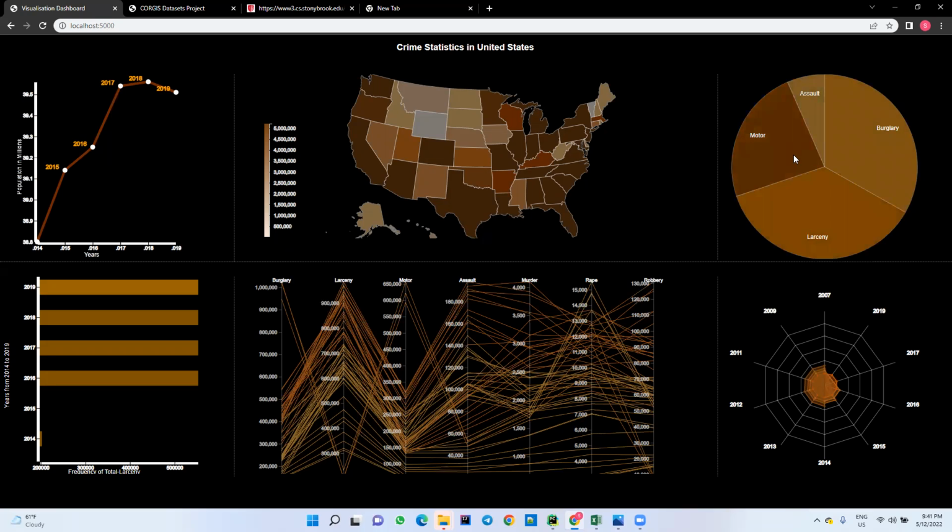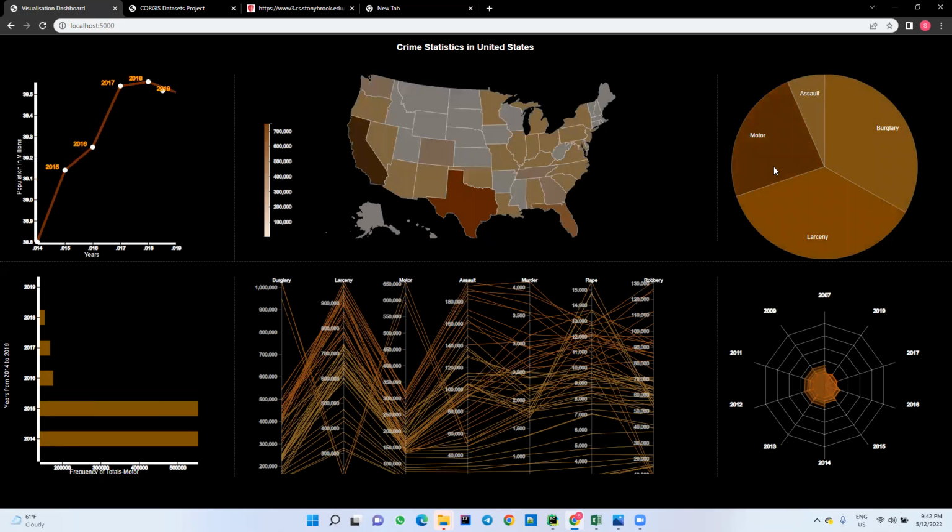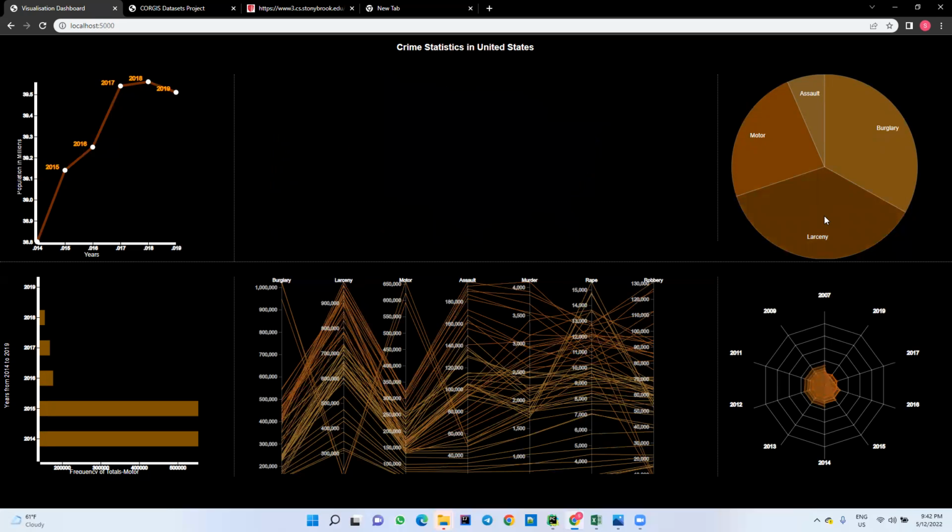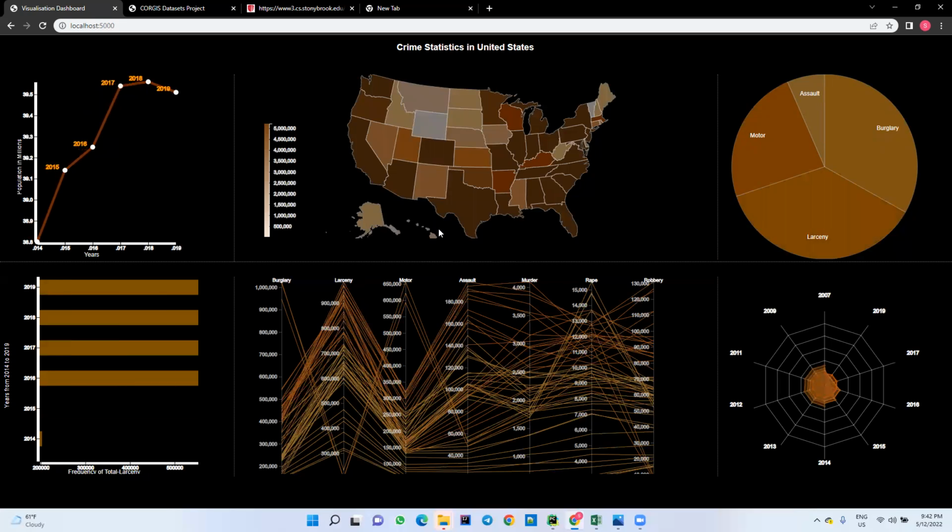So if I select any of the crimes from here, it will populate the number of cases which are reported throughout the US. So if I click on motor, it is showing me the number of cases of motor accidents across the US. As we can see over here, motor accidents are prevalent in California and Texas. If I select larceny, the US is heavily affected by this crime known as larceny, as there are more dense